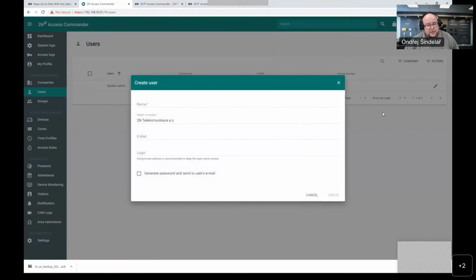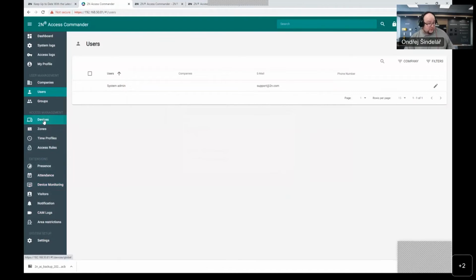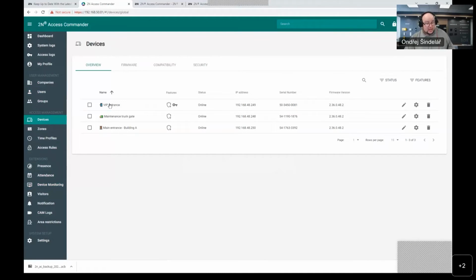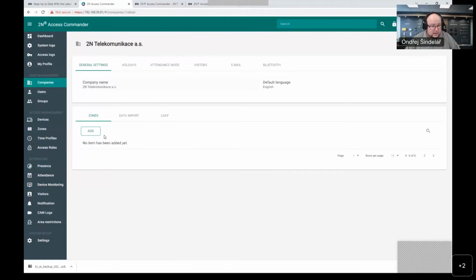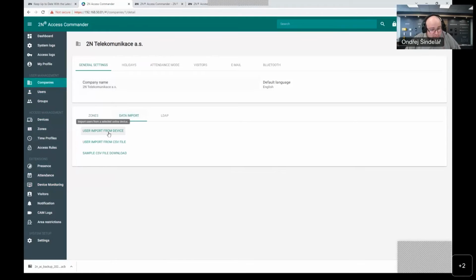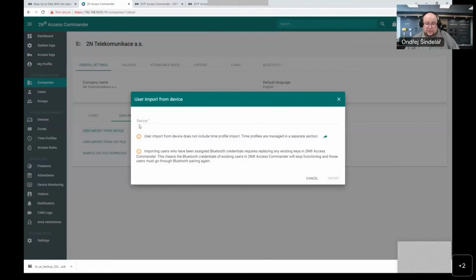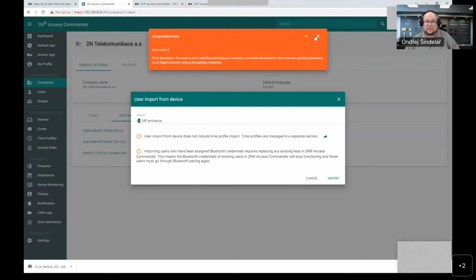So we can start with the users. You have multiple ways to add users in the system. First of all, you can import them from freshly connected devices. I already mentioned that. For that, it is wise to choose the device which should contain all of the users, usually the main entrance. So I will go to company, I will go to data import, and I will use the first option here, user import from device, and I will choose the VIP entrance. I will click on OK,